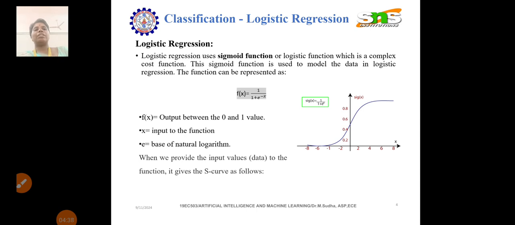So based upon the sigmoid function, it will give the response like this. This is the logistic regression curvature depending upon the sigmoid function. This sigmoid function is also called the logistic function, and this is the